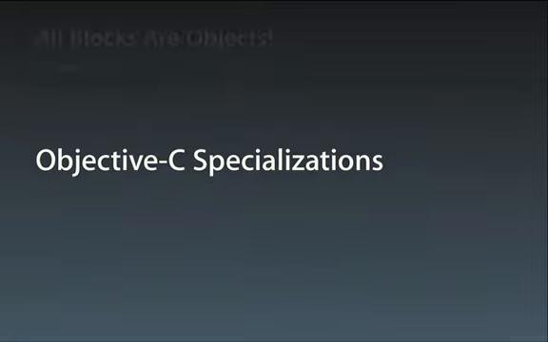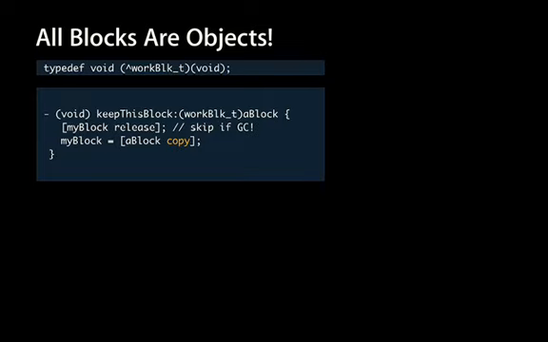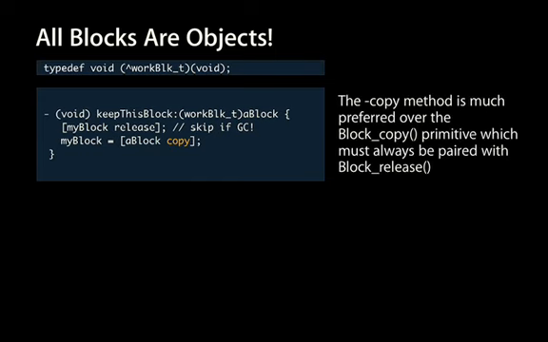Objective-C specializations. All blocks are objects all the time, even if they're created in C programs. Here I have a typedef for that generic work block kind of thing. If you want to keep a block and you're in Objective-C, you can send the copy message to it. They're like ids. No matter what syntax you use, whether it's the funny caret style or a typedef, you can send the copy message to it directly. We prefer you to use the copy method